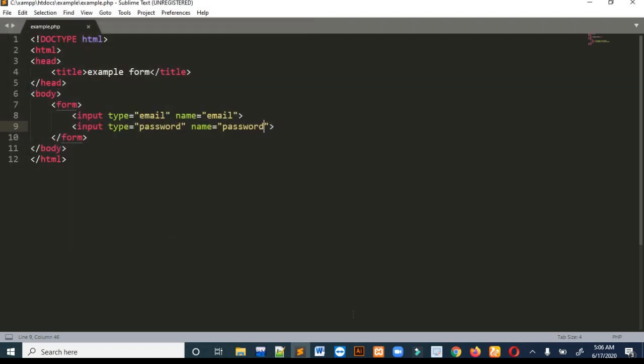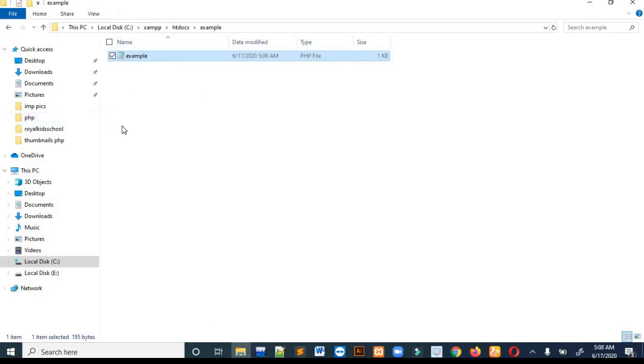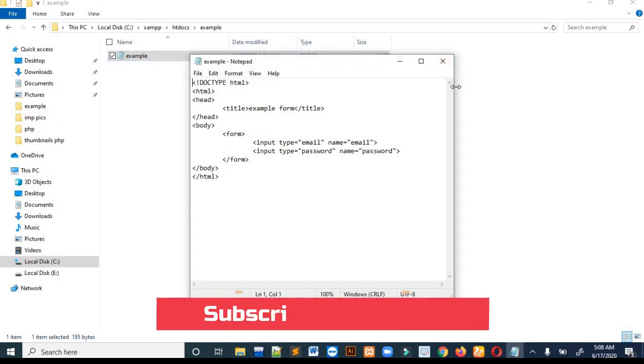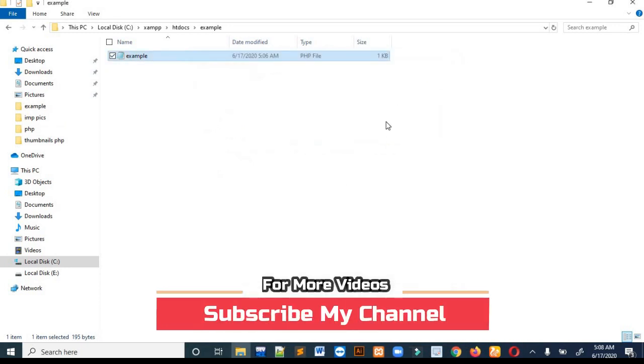Now I will run this file. For opening this file, you can't just double click on it, as we do in our HTML section. You can see that it is a text file over here. If you open it in the browser this way, it will show the text instead of its output because it is a server file.